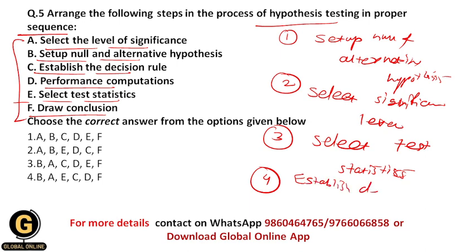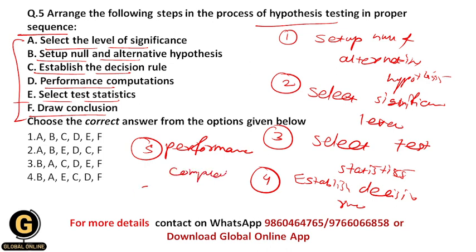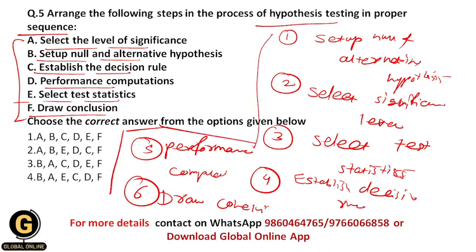Establish decision rule. Then fifth is performance computation. Okay, performance computation. Then sixth one is draw conclusion. Okay, draw conclusion. So now whenever you see this sequence, then you will understand that your correct answer should be